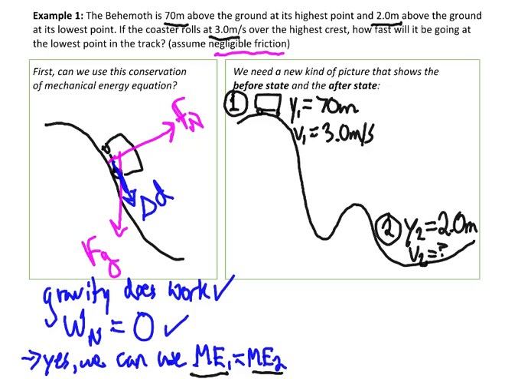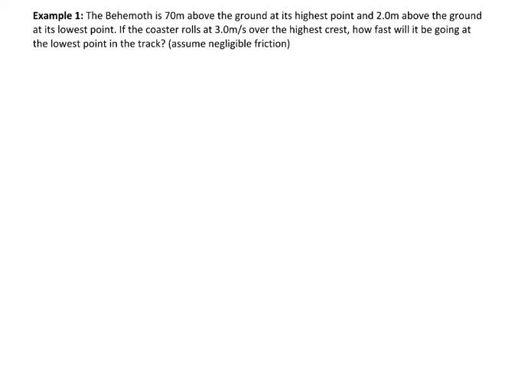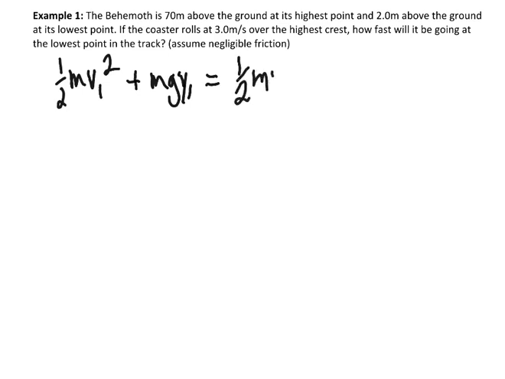All right, we are now ready to solve. We've determined we can use our conservation of mechanical energy equation, so we get to write it out. Half m v1 squared, your initial kinetic energy, plus your initial gravitational energy, will equal your final kinetic energy plus your final gravitational energy. Now, when you look at this equation, you might think, oh no, I don't know the mass of the roller coaster,